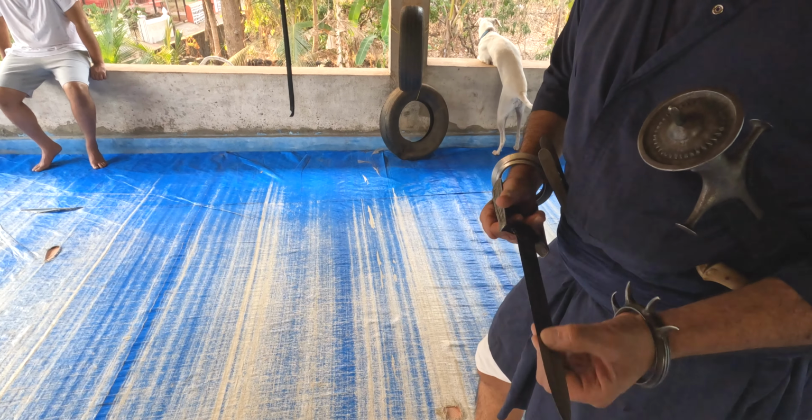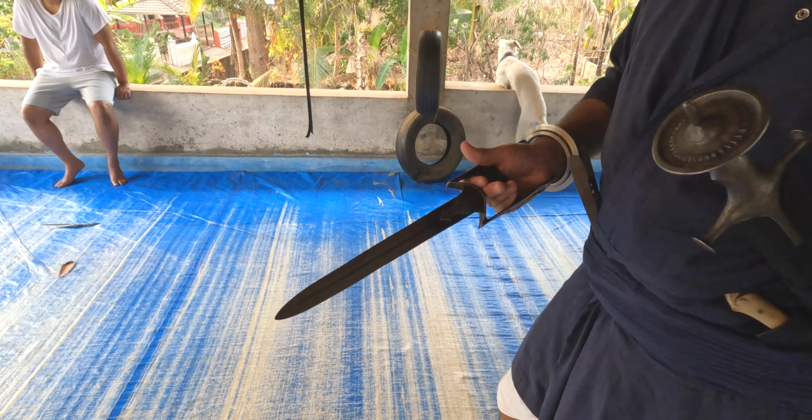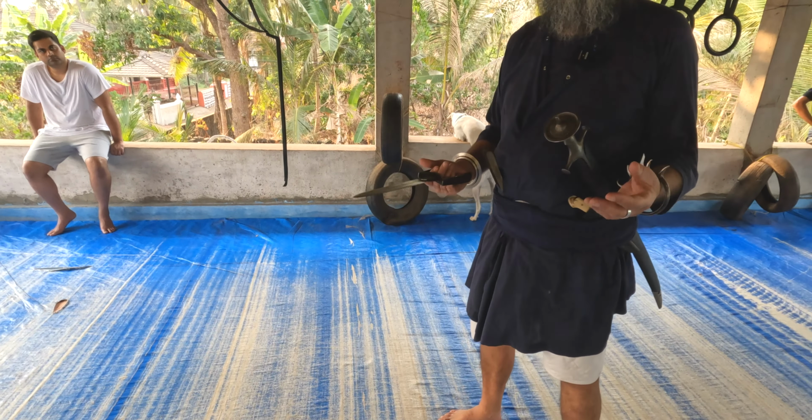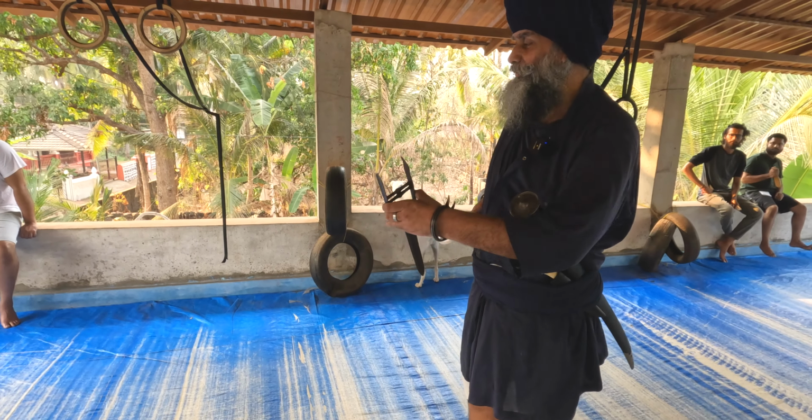Sometimes sword blades broke. Instead of getting rid of them, they fashioned the broken pieces of sword into guitars or knives and so on. That's common; we Indians don't throw things away, we make use of everything. So now we